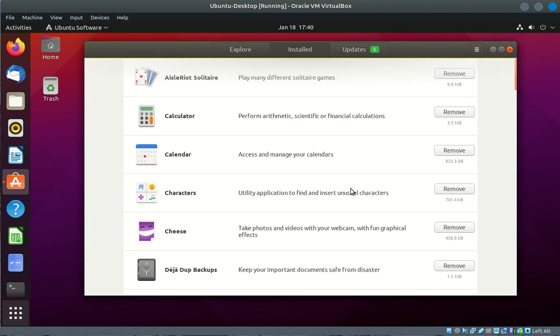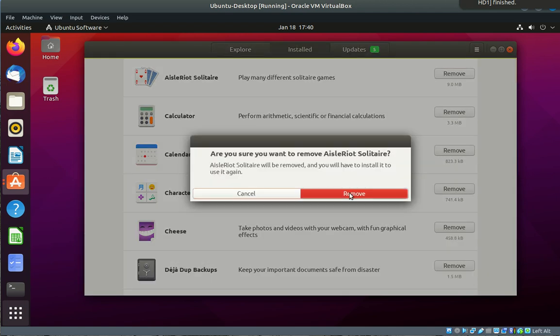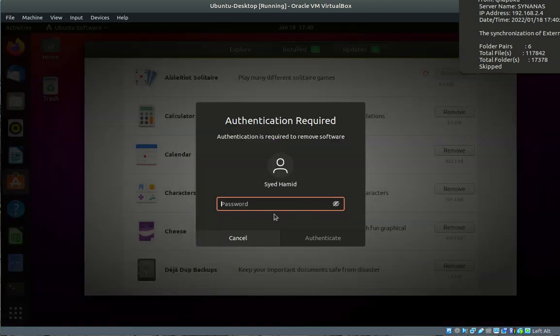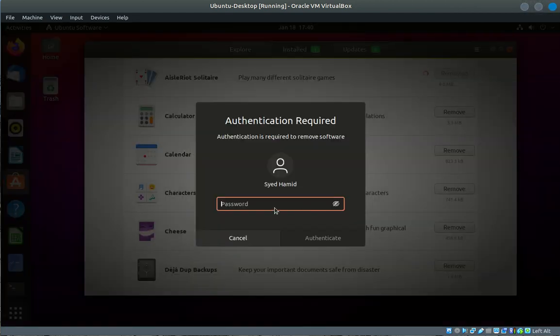Say I don't want this solitaire program. I don't want it to take up space on my computer. I just want to clean it up. All I need to do is click on remove, and I'm going to get a warning. Okay, do you want to remove it? I say yes, and here it asks me for the password, so I put my password in,